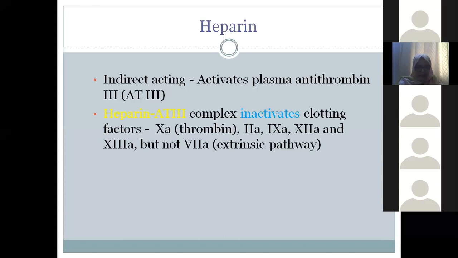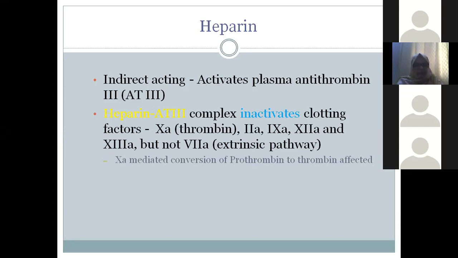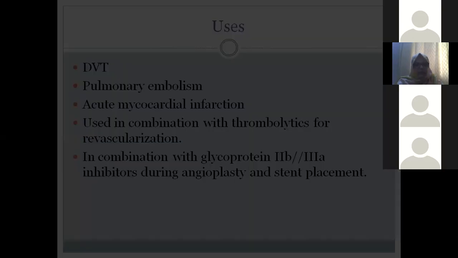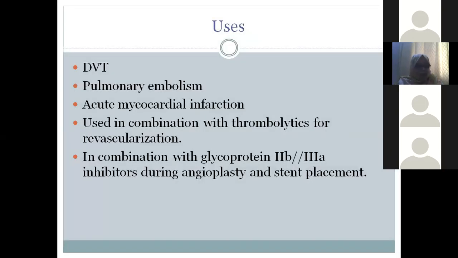So basically, heparin has a role in the intrinsic pathway. 10A mediated conversion of prothrombin to thrombin is affected, overall 10A and 2A mediated conversion of fibrinogen to fibrin, monitored by activated partial thromboplastin time. So uses of heparin: deep vein thrombosis, pulmonary embolism, acute myocardial infarction,